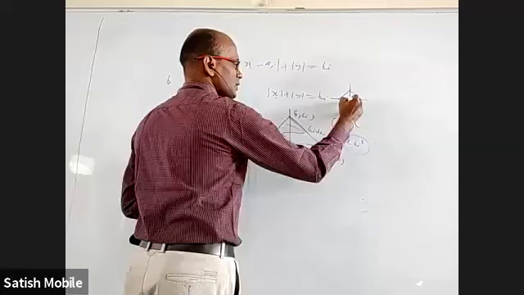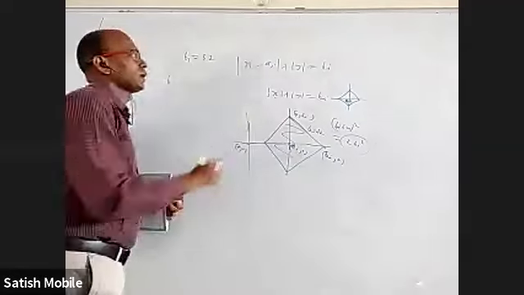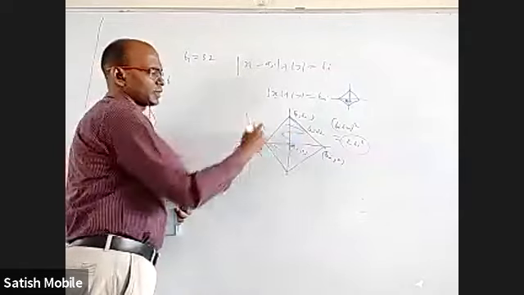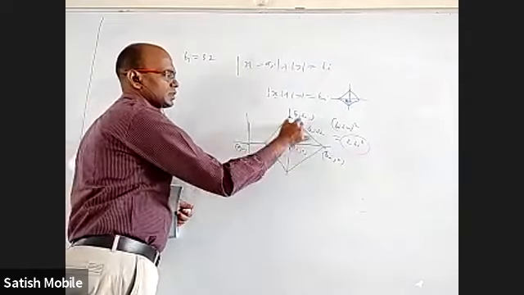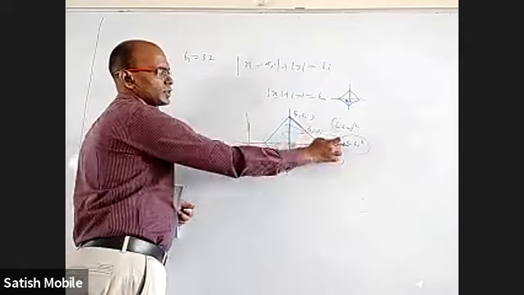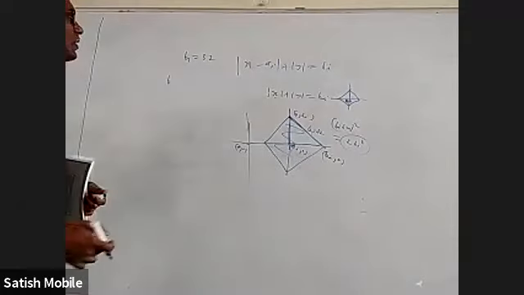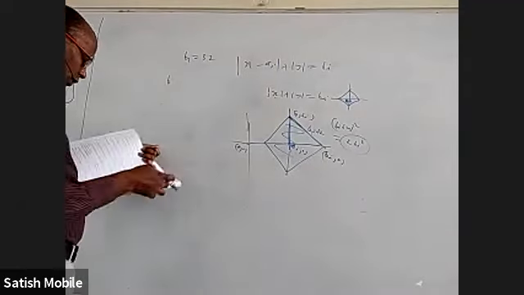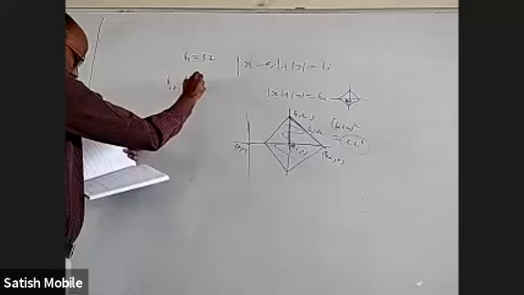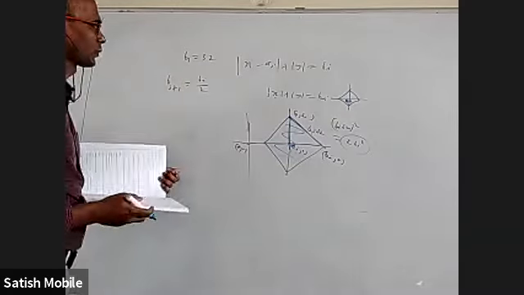Origin as the center, and if I take this (a_i, 0) is the center, this is b_i, so this length is b_i root 2, so the area of the square is 2 b_i square. How to find the b_i value? They gave b1 is 32 and b_(i+1) they gave as b_i by 2.